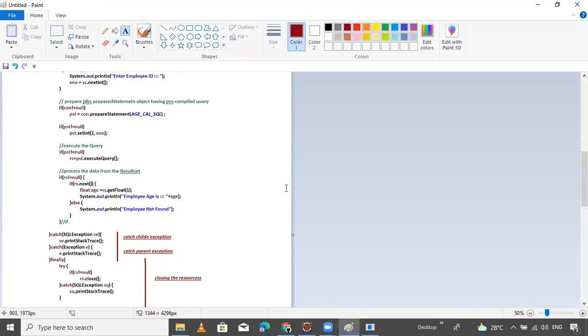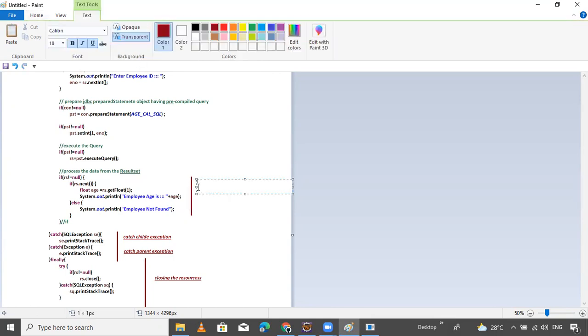Now here you process the result, here you are processing the result. Process and getting the age as a float value.